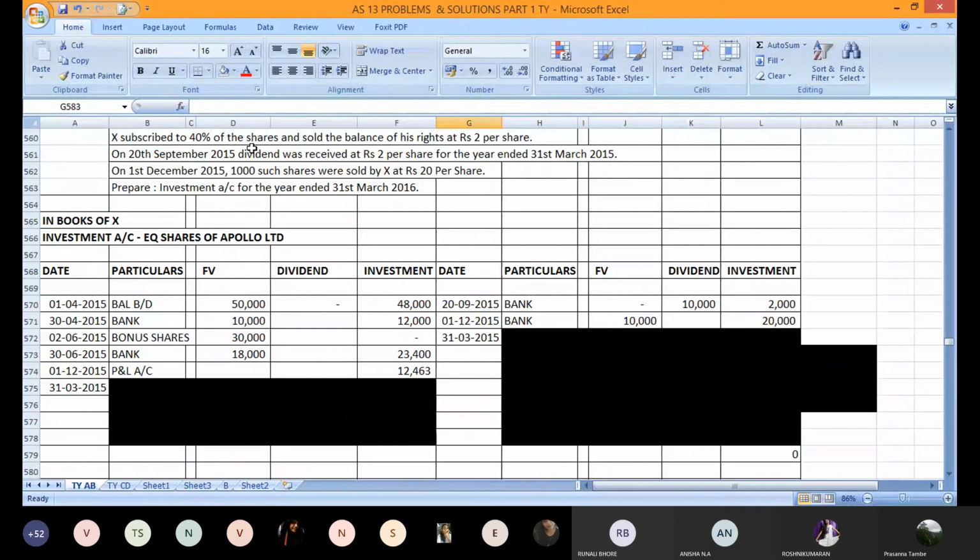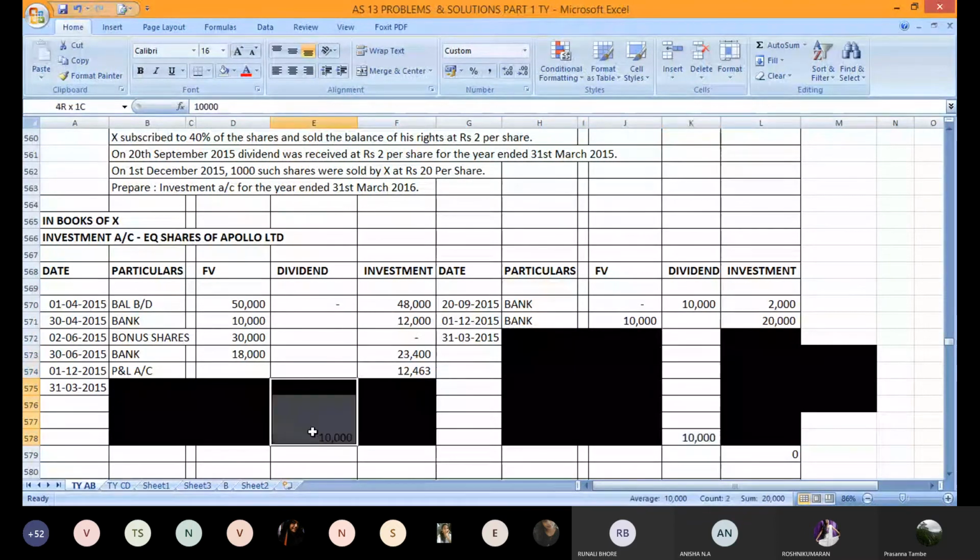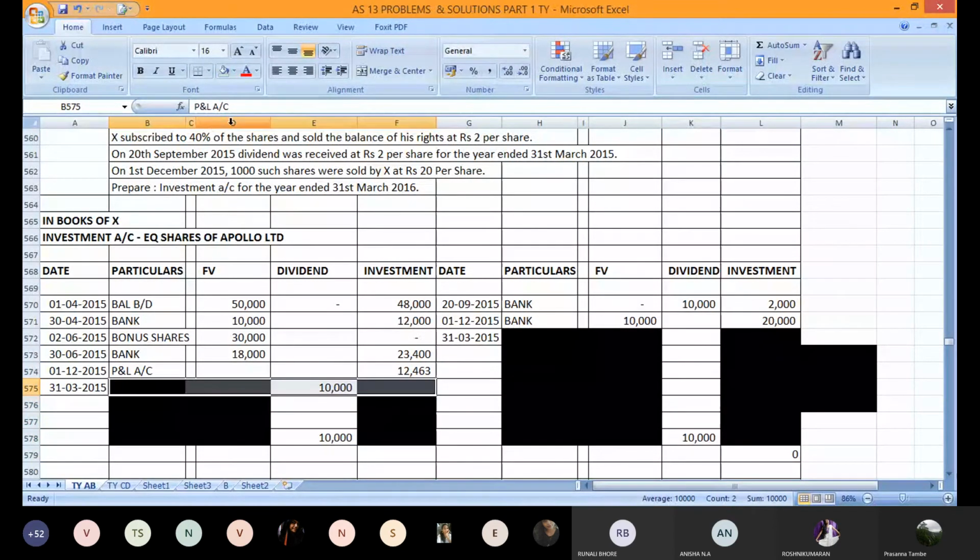Now let us see what is remaining. I think that's it. That was the last transaction. So we have to balance the ledger now. The first balancing will be that of the dividend account. Whatever is the balance in the dividend account will go to the profit and loss account. So we have to transfer the balance in the dividend account to the P&L account. It will be income for the year. And if you see the balancing amount, it is 10,000 rupees. Whatever is the balance in the dividend account will be transferred to the profit and loss account at the end of the year.